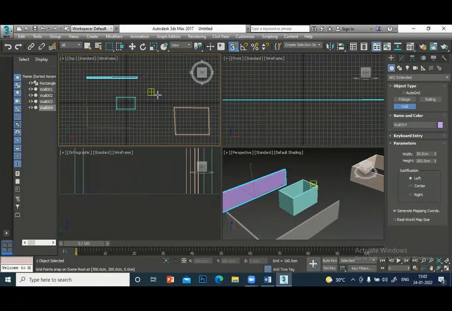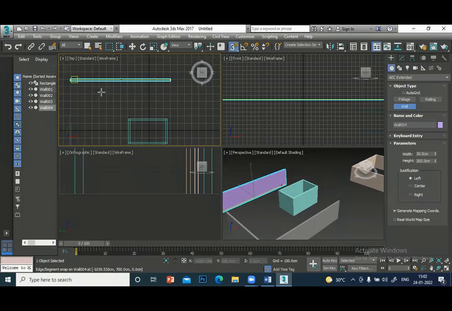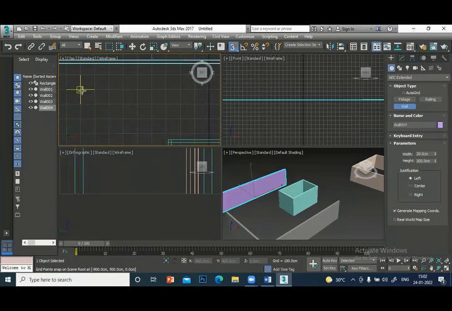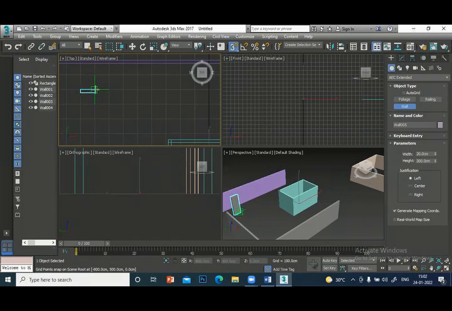Okay. So approximate measurement will be easier to click. You see, for example, from here to this is 10 centimeter, 20 centimeter, 30 centimeter, 40 centimeter, 50 centimeter. Click. So this is 50 centimeter, because every gap is 100 centimeter. So you can use this grid and snaps.